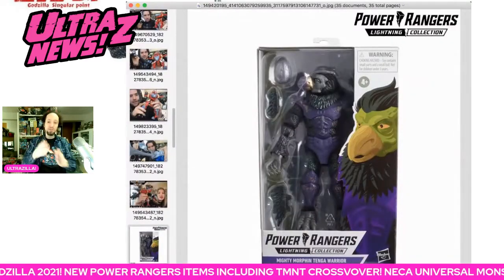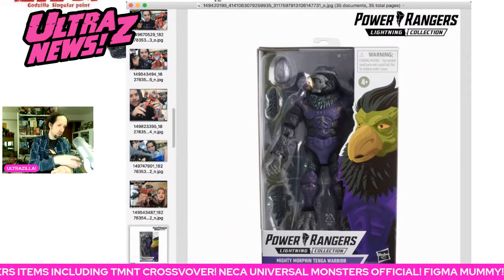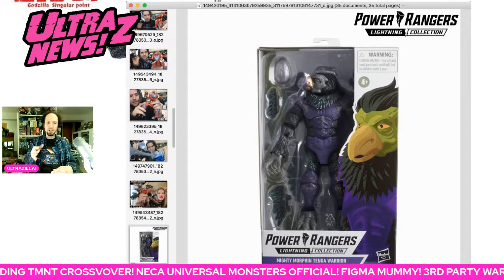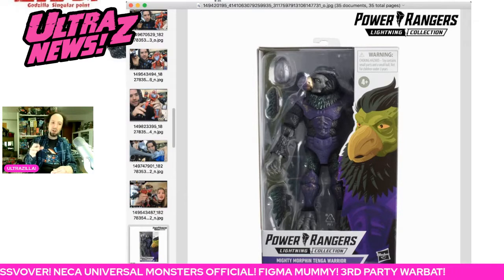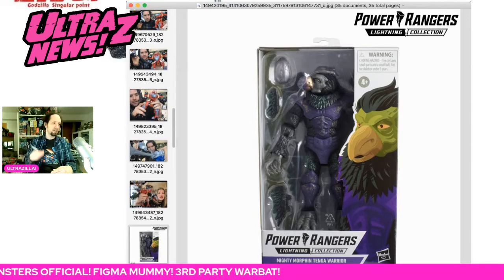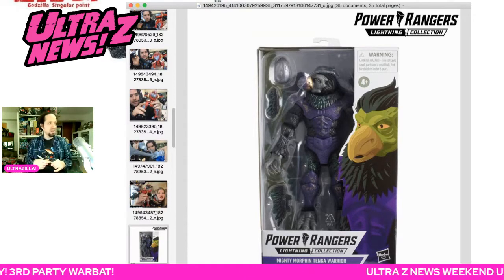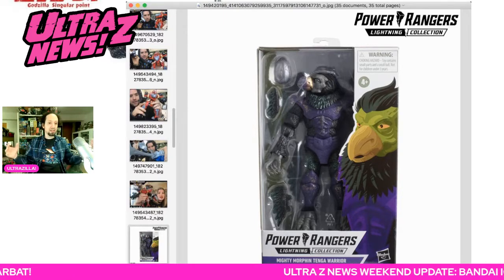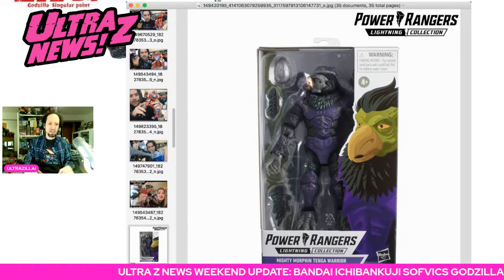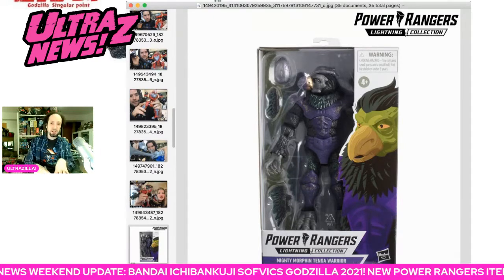So moving on to the Lightning Collection, I'm only going to talk about this one because there were regular figures shown. But for the most part, I think I'm out on a lot of the lines, the different Power Rangers seasons as far as the regular figures. I just don't want to overwhelm my collection with every team. It's not something I'm totally interested in. I love getting the monsters. You're going to see Pumpkin Wrapper,